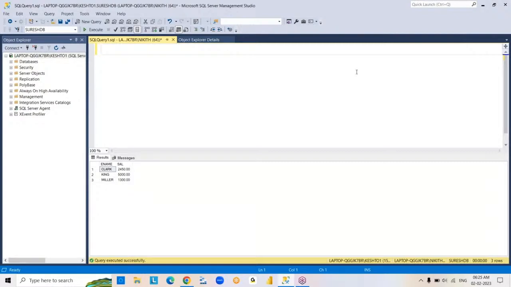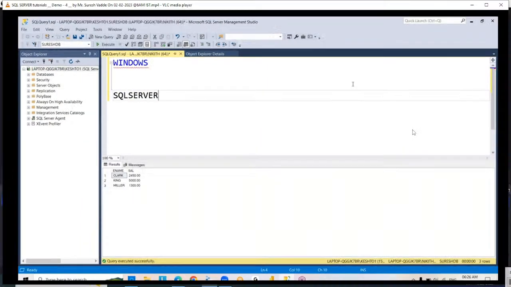Credentials means what? Username, password. Login. So what are the different types of logins there in SQL and how are we going to work with them? These are really important for us because we're at the beginning, so better to get some knowledge about that. See, here we have Windows authentication login and